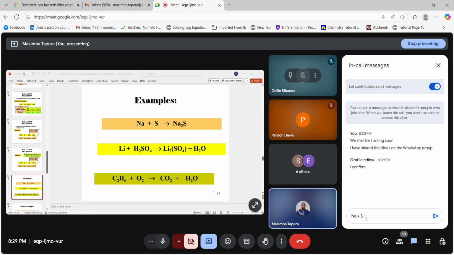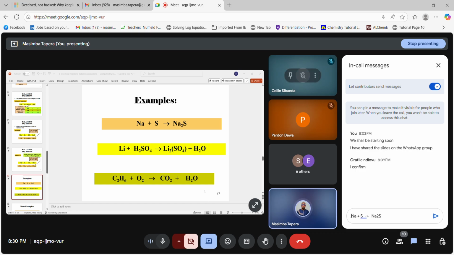I'm trying to put the arrow. Unfortunately, sodium plus sulfur, we are going to get sodium sulfide. We can't put the subscripts. So basically our equation is like this, and